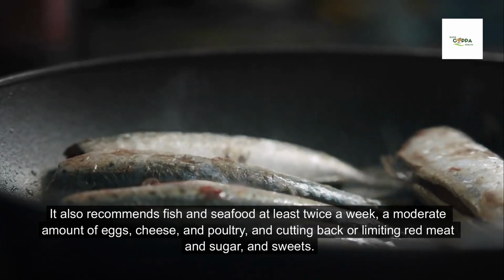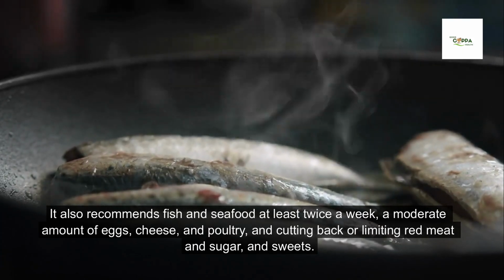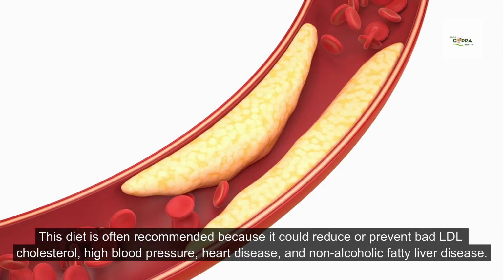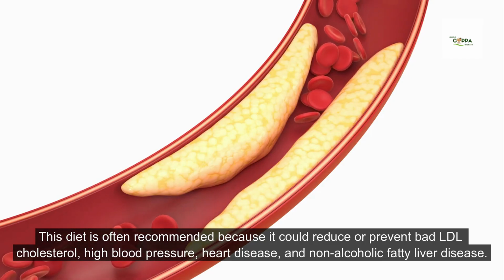It also recommends fish and seafood at least twice a week, a moderate amount of eggs, cheese, and poultry, and cutting back or limiting red meat and sugar and sweets. This diet is often recommended because it could reduce or prevent bad LDL cholesterol, high blood pressure, heart disease, and